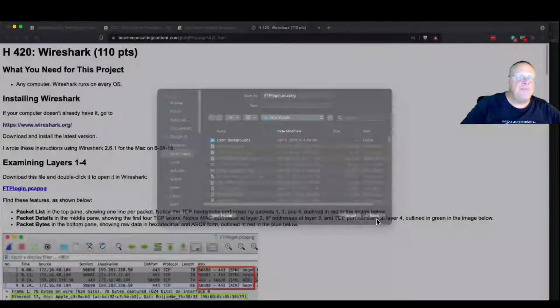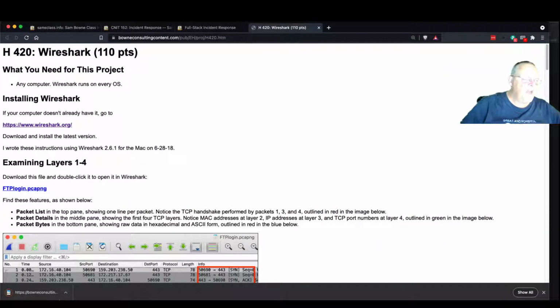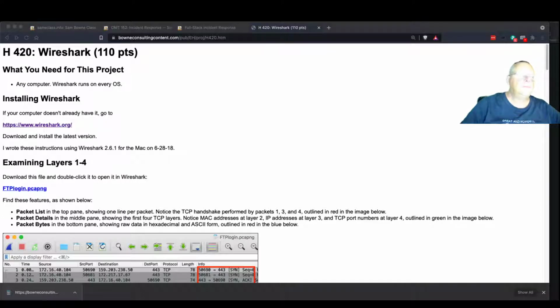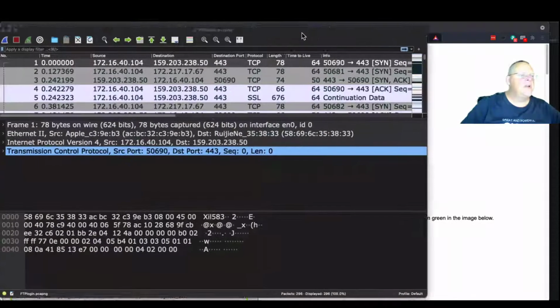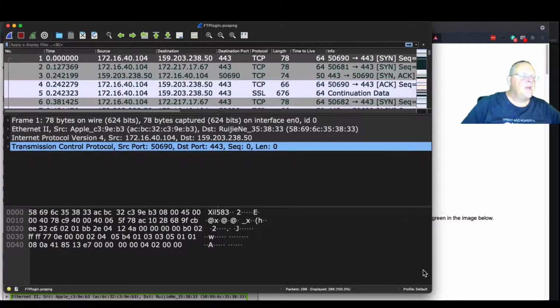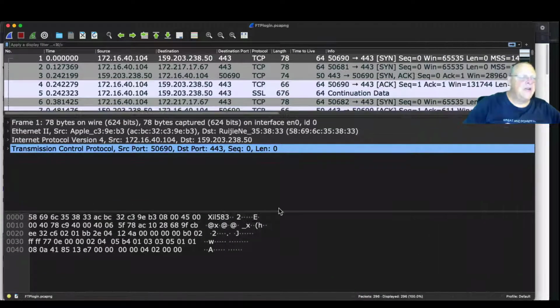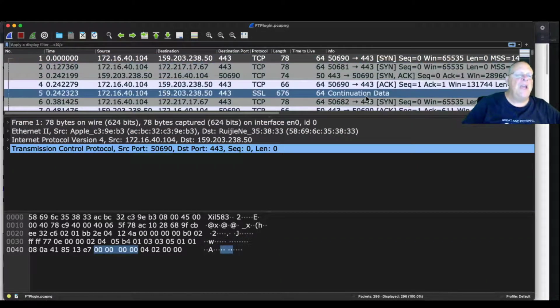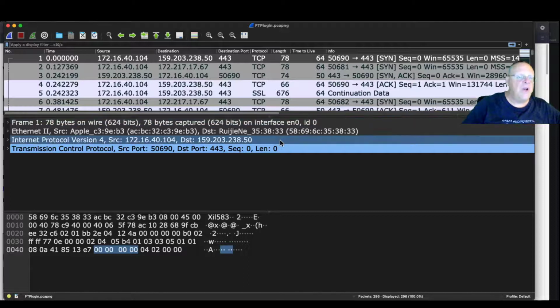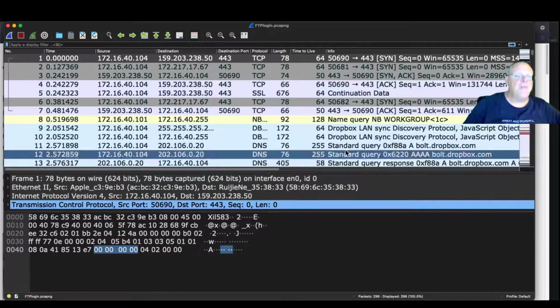This is an FTP login file I made. And once you have Wireshark, you can just open it in Wireshark. And it will open the saved packet capture. So here you see it. So right now, the frames are sitting here. I have 296 packets. And so when I was beginning with Wireshark, I would look at this top frame and